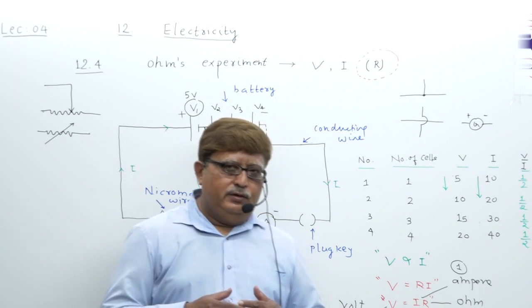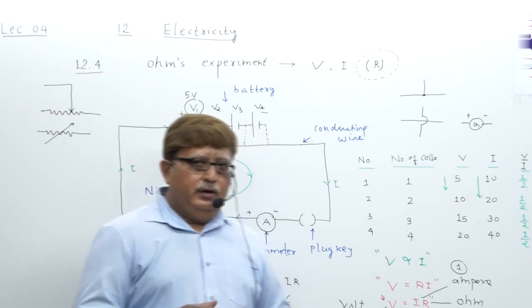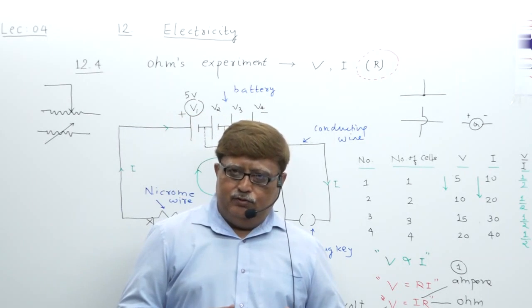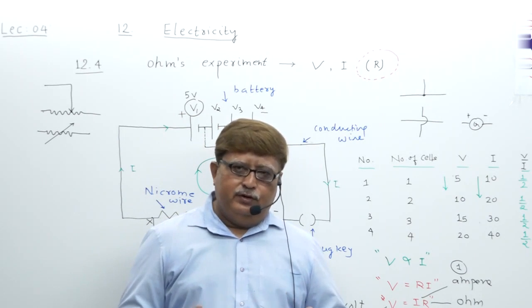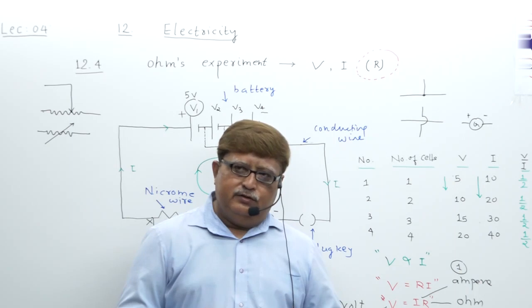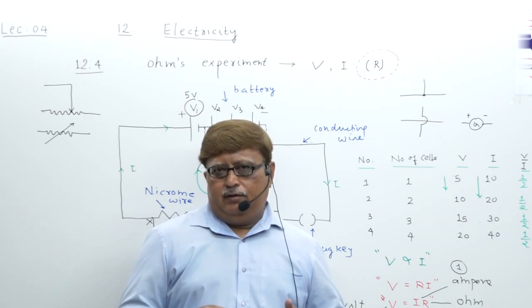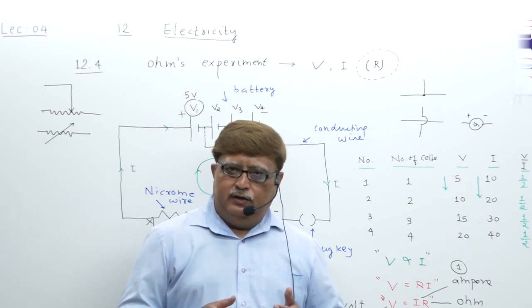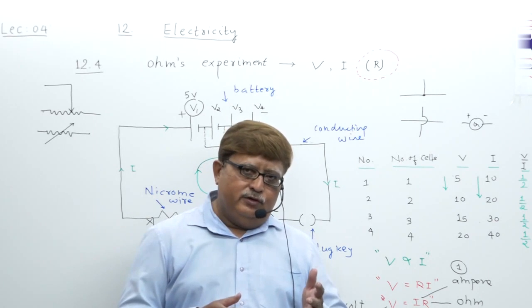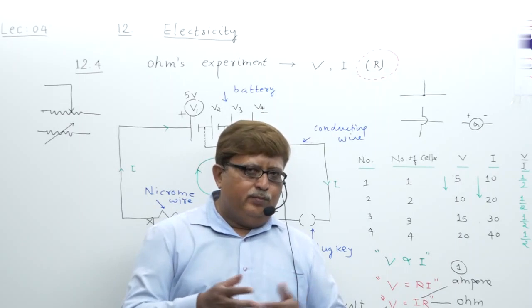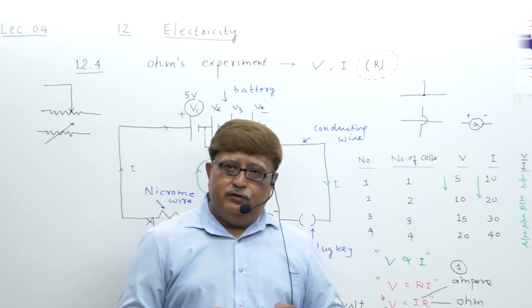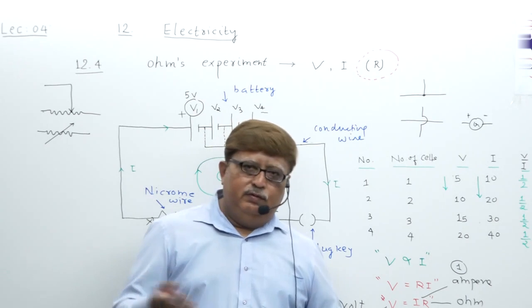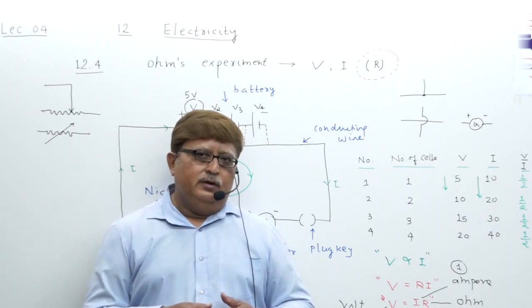But my dear student, your mindset has to be clear. Every device is actually a resistor. It can be bulb, resistor, refrigerator, it has also resistor, tube light, resistor, electric fan, resistor. In every electronic device, there is some resistance, no doubt, in some different proportion, but all devices possess resistance. You understood this? We will discuss in detail in our next lecture.